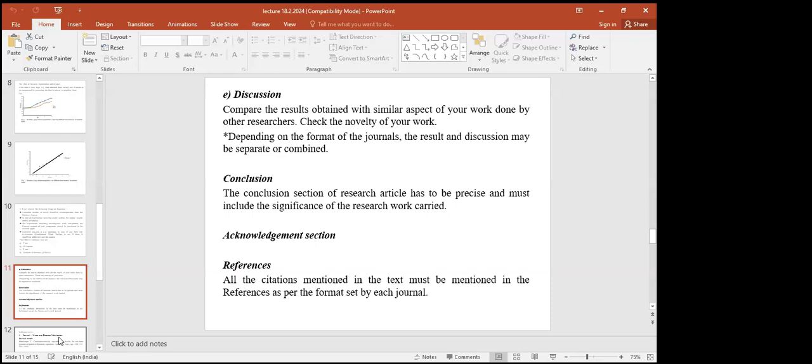Now, in the discussion, compare the results obtained with similar aspects of work done by other researchers. Check the novelty of your work. In the discussion you also have to take citations, because you are referring to different research papers. Citations will be in the introduction, discussion, and methodology. In methodology, if you are referring to some method or protocol, you have to cite it from a research paper. In the discussion too, because you are comparing your results with similar work. It will not be exactly similar, but you have to see some similarity,